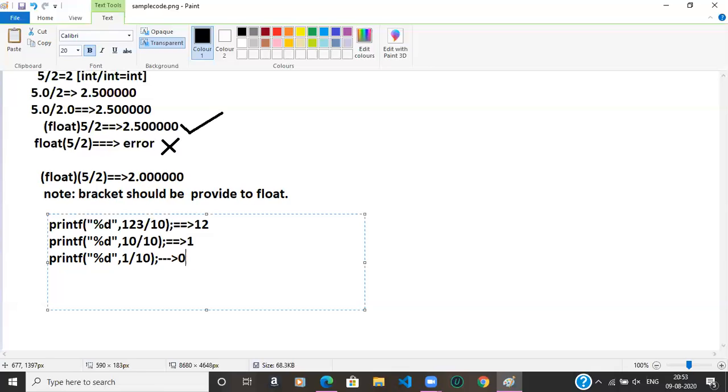For example, printf %d, comma -5 by 2. The result will be -2.